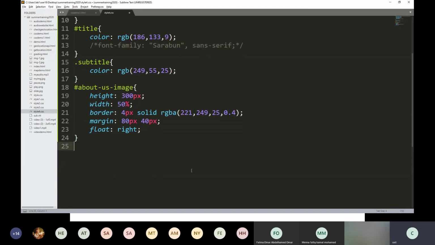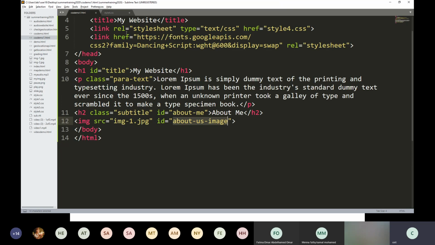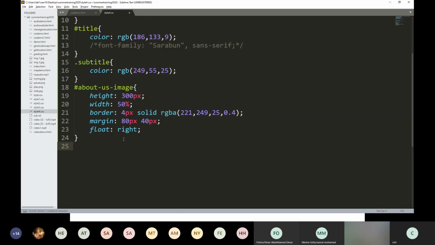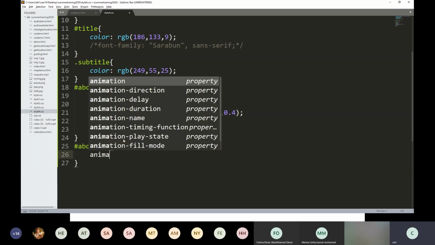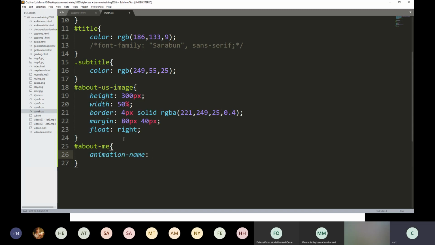I want to apply the animation on this. This is the ID. I will take the ID. When you apply the animation, the first thing is animation name. First I am writing like this, animation name. Animation name is nothing but which animation you want to use.